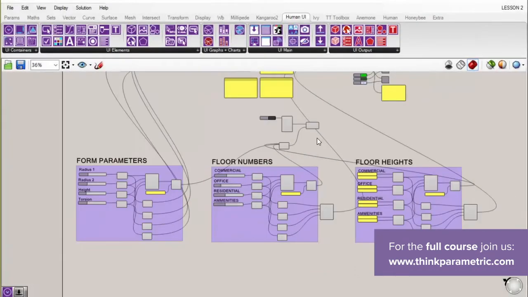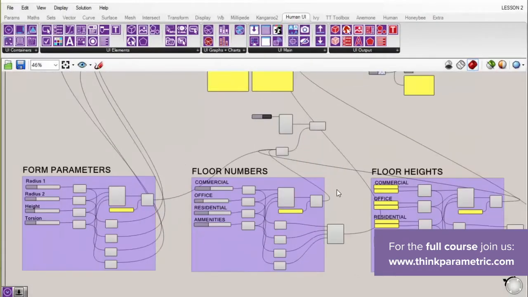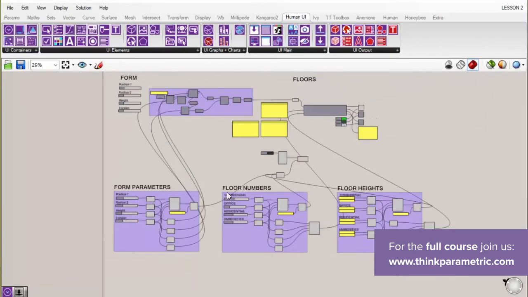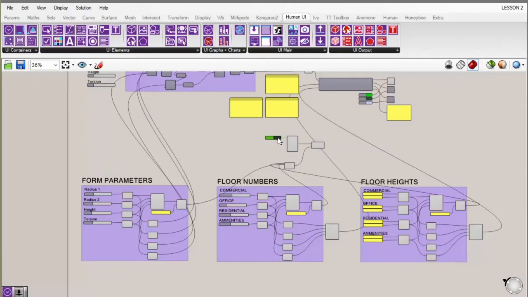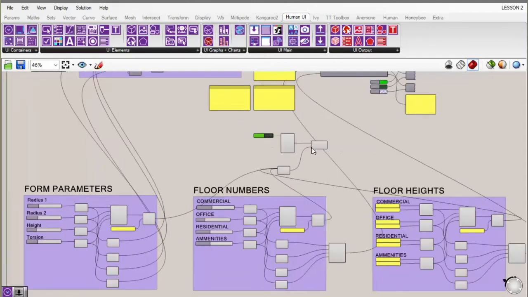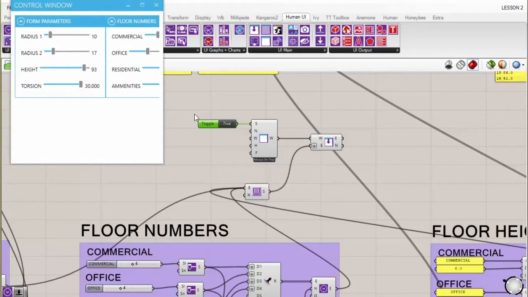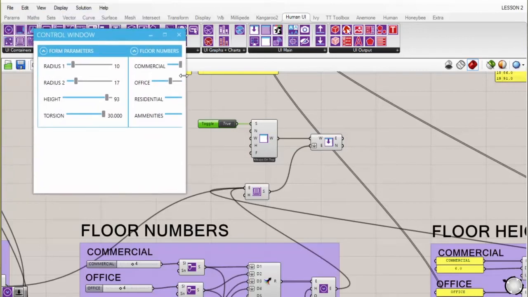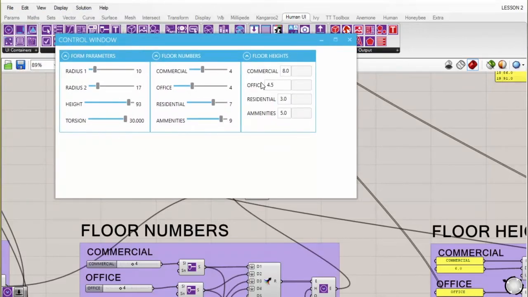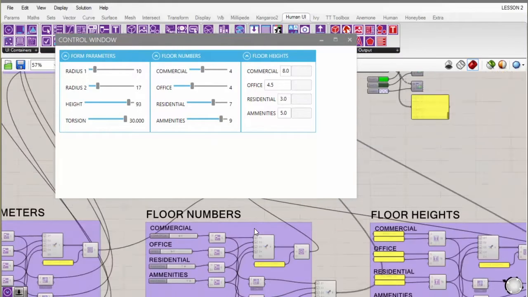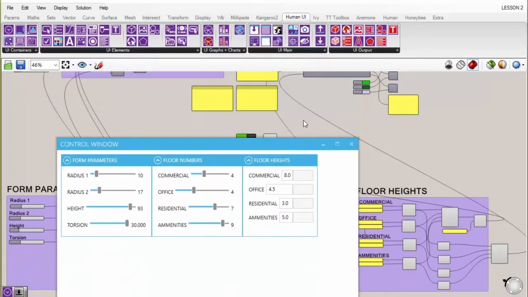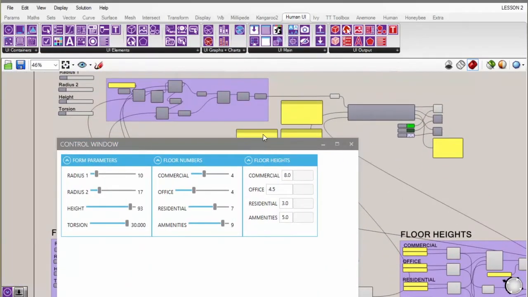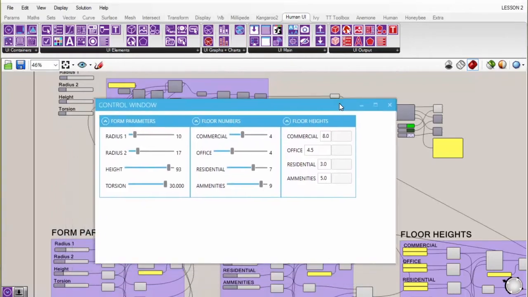Hi again. So in the last video, we organized all of the inputs to feed into our window in the most organized way that we could, and have the modifications that we make in the window feed out back into our script and have that run on our definition instead of the inputs from Grasshopper directly.